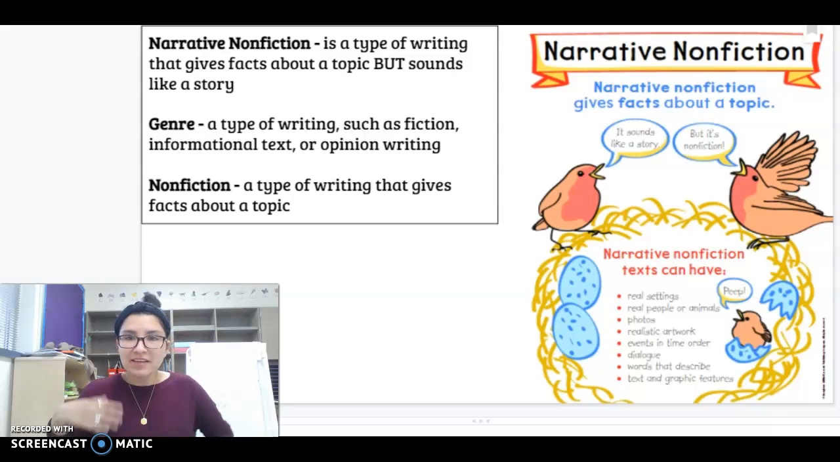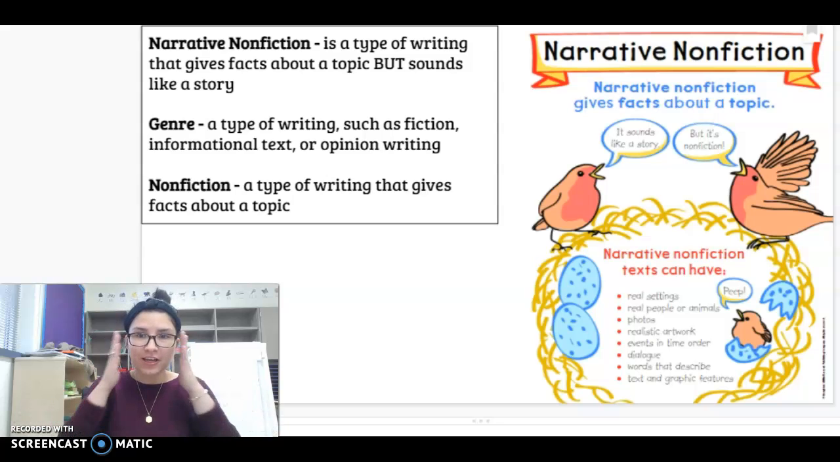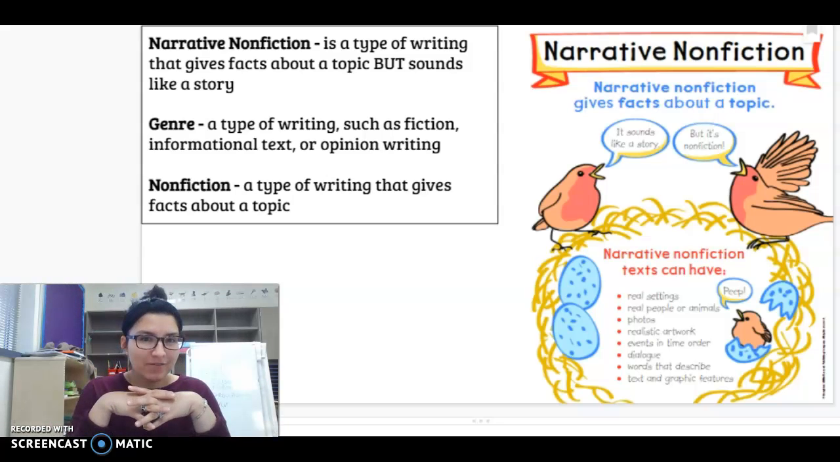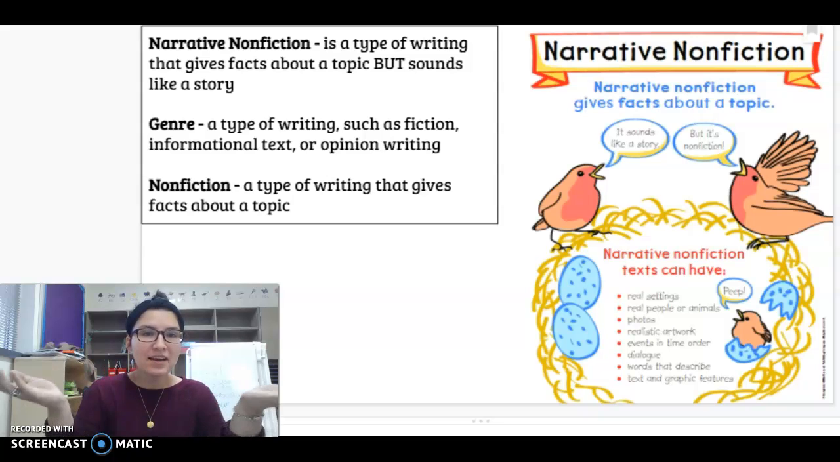Now, quickly, I'd like to go over narrative nonfiction because the last couple of days we have been focusing on narrative nonfiction. What is narrative nonfiction? I'll give you a moment to think about it. Narrative nonfiction is a type of writing that gives you facts about a topic, but it sounds like a story,